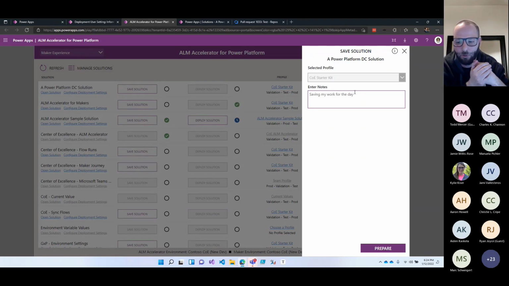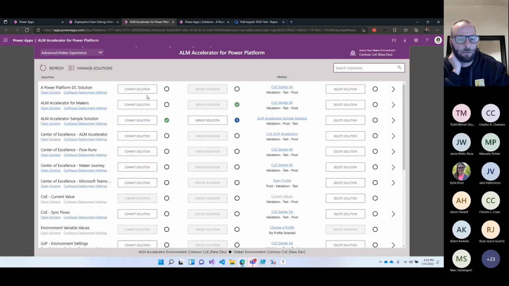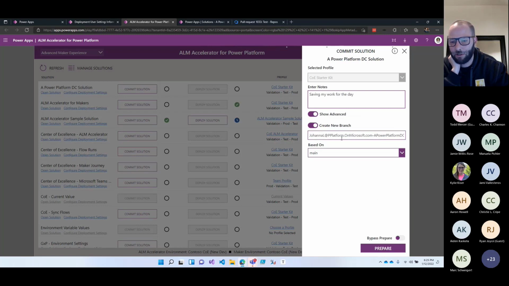They have the ability to do some things that the maker can't, through the user setting that we set up. But what's ultimately happening is the same thing in the background, right? So the maker just sees this. Okay, I want to save the solution. I'll put my message in here and I'll continue on. What the advanced maker sees is exactly what branch is being created, where it's going to, and those sort of details. This bypass prepare is just